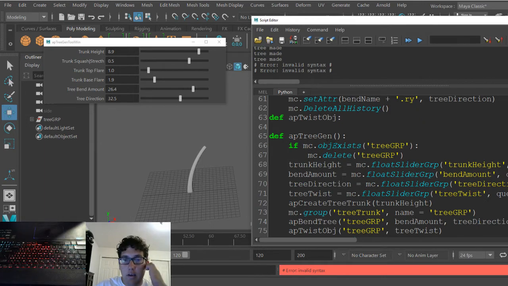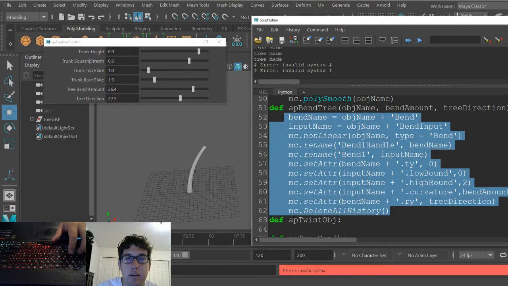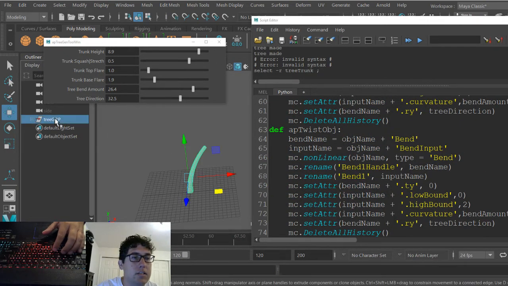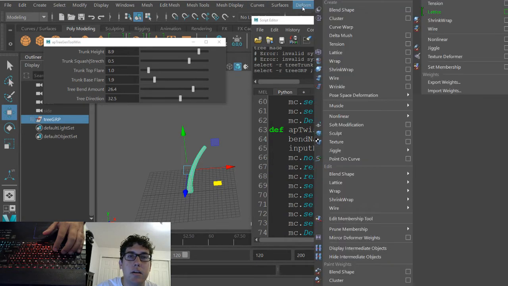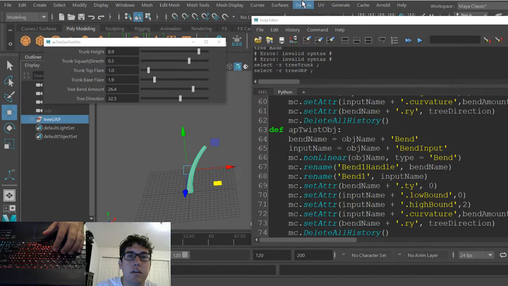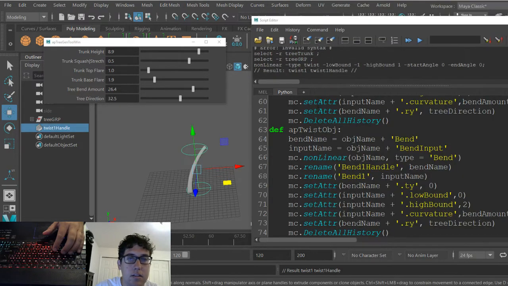And now that I have that twist function, it's basically going to be the same thing as the bend. Let's see when we add a twist here really quick. It's going to be under deform, nonlinear, twist. It is of type twist. We have the twist handle, it's lowercase t, and